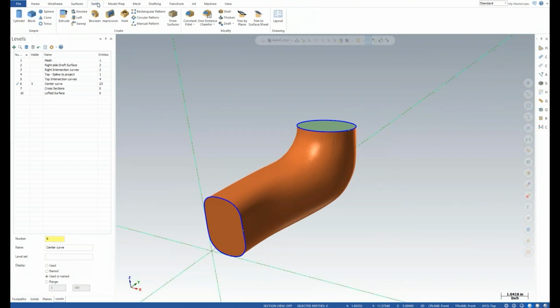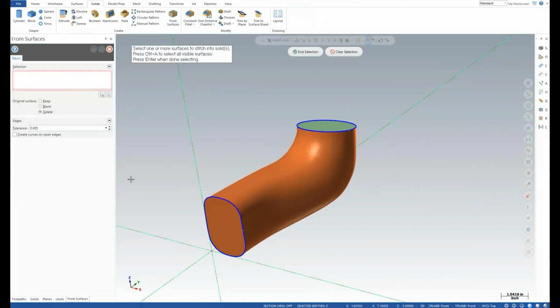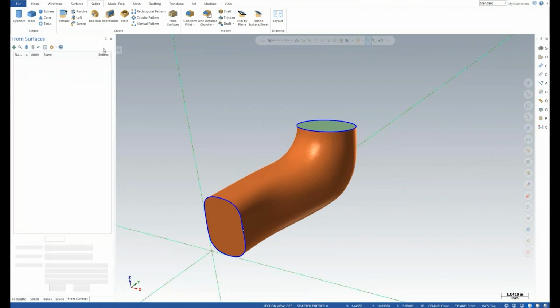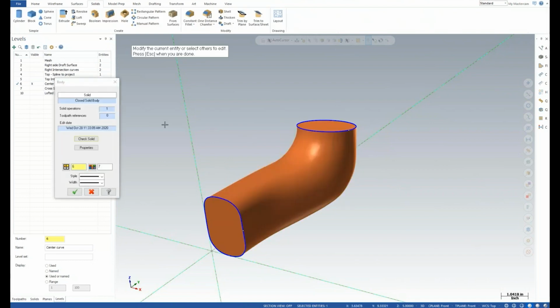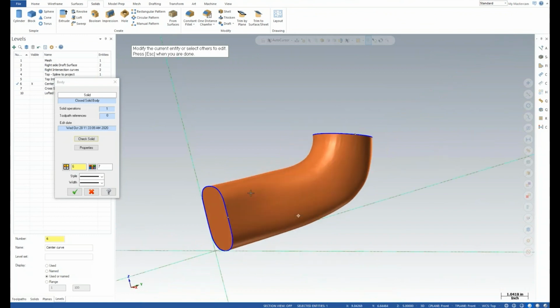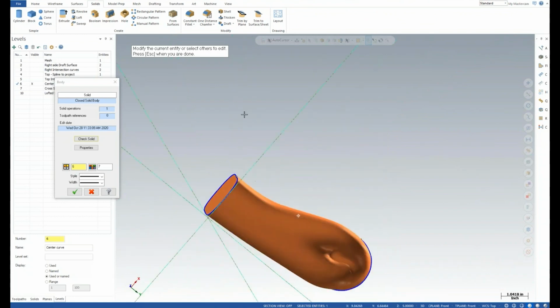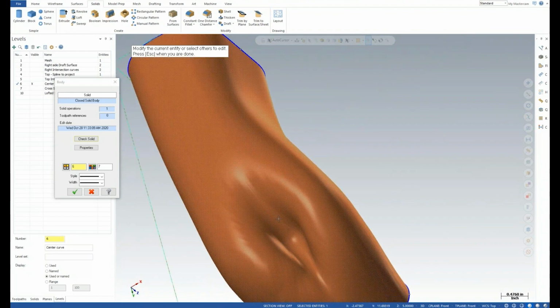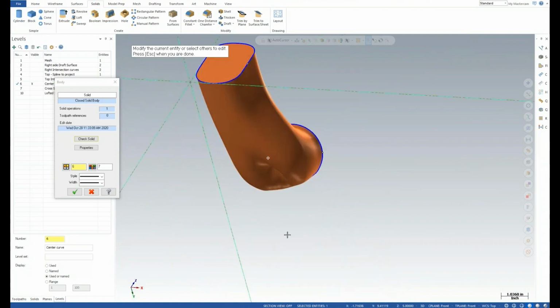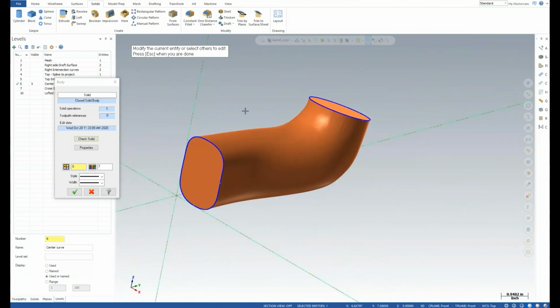Let's try something here. Taking risks. I'm going to take that sheet body I created and the two flat surfaces I just threw on the ends, and we'll see if we can sew that. Let's see now. It's a closed solid body. So at this point, we might be able to use it in a Boolean operation. Again, we're going to be limited by this big giant knuckle in here as to whether Parasolid is going to tolerate that or not.